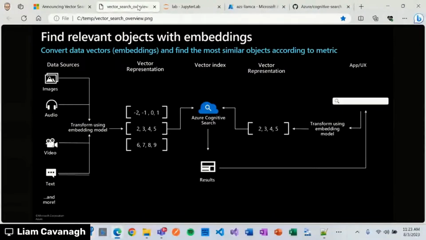You can see on the left side that we can use different types of models, such as Azure OpenAI has an amazing one, which I'll show, called ADA-002, which has this amazing ability to take text and make a vector representation of it.